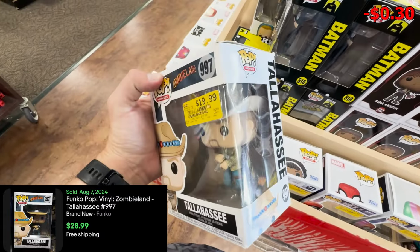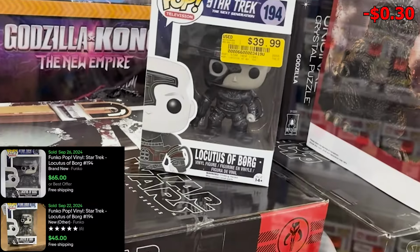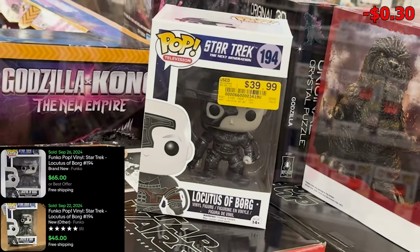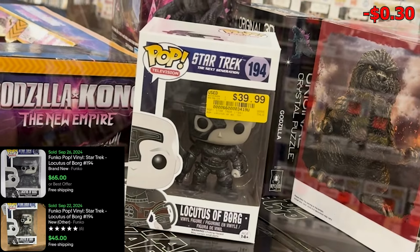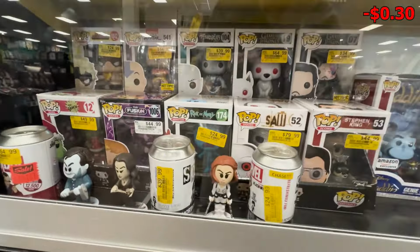This goes for around $25. They had it at $20. I decided to pass on it. And then some older things that I found, like the Star Trek pop right here, guys, of Borg. Not a bad deal on that one either. They had it at 40. It goes probably for about 50, but I decided to pass on that one either because it didn't really fall